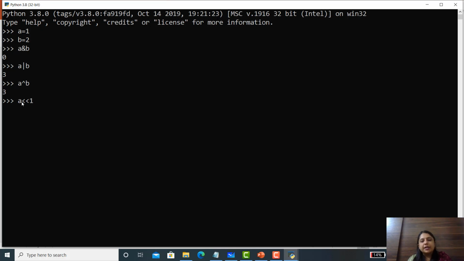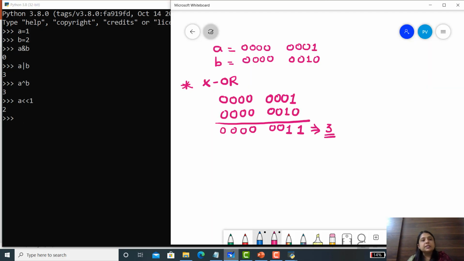Alright. Now if I write A, then the left shift operator, and 1, the answer is 2. Let's see the explanation. Here A is 0 0 0 0 0 0 0 1. If we perform the left shift operation, and here we have specified 1, so it shifts only 1 bit to the left.